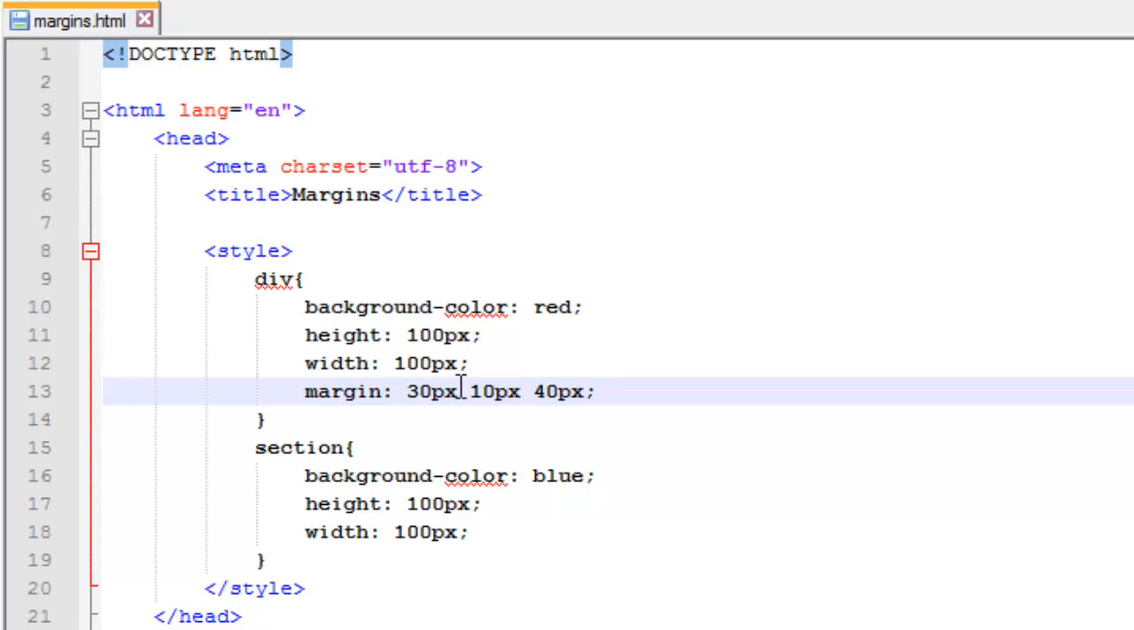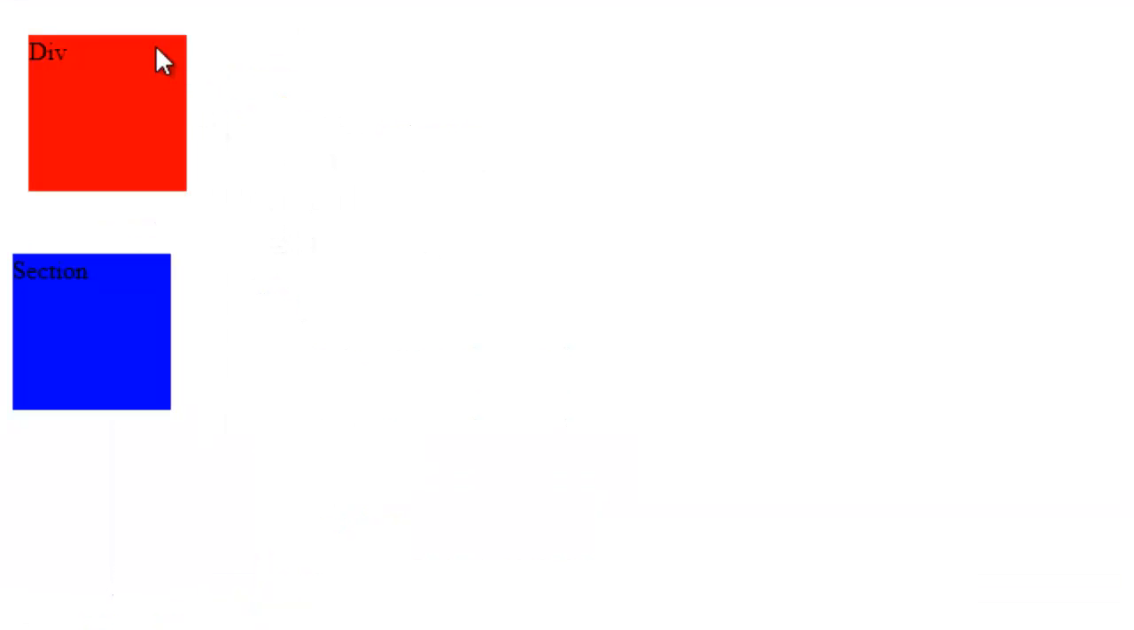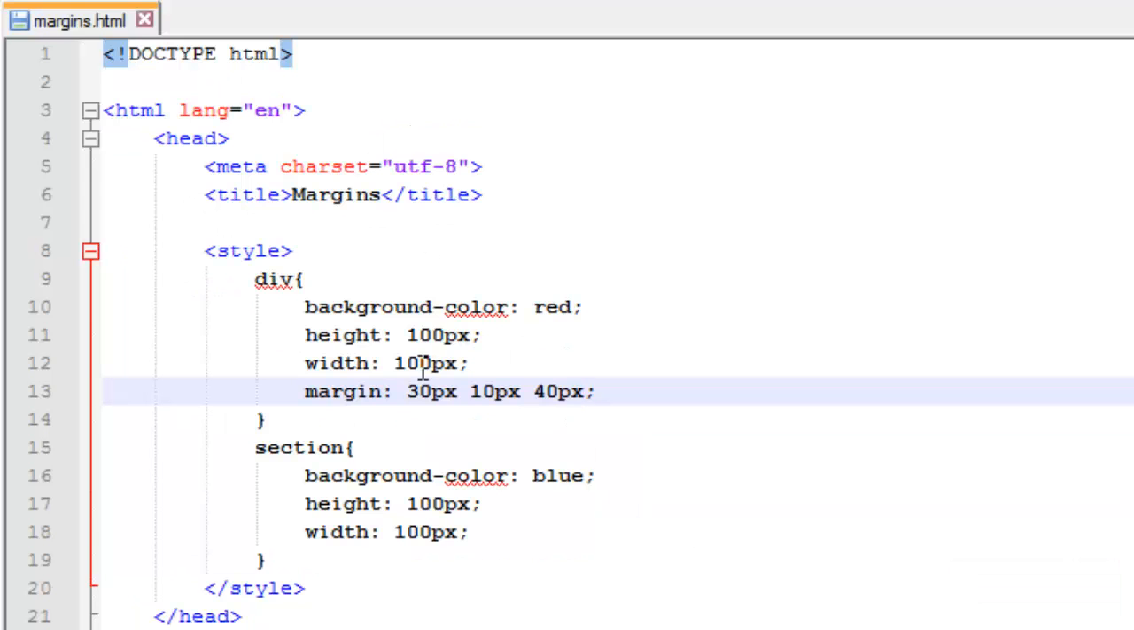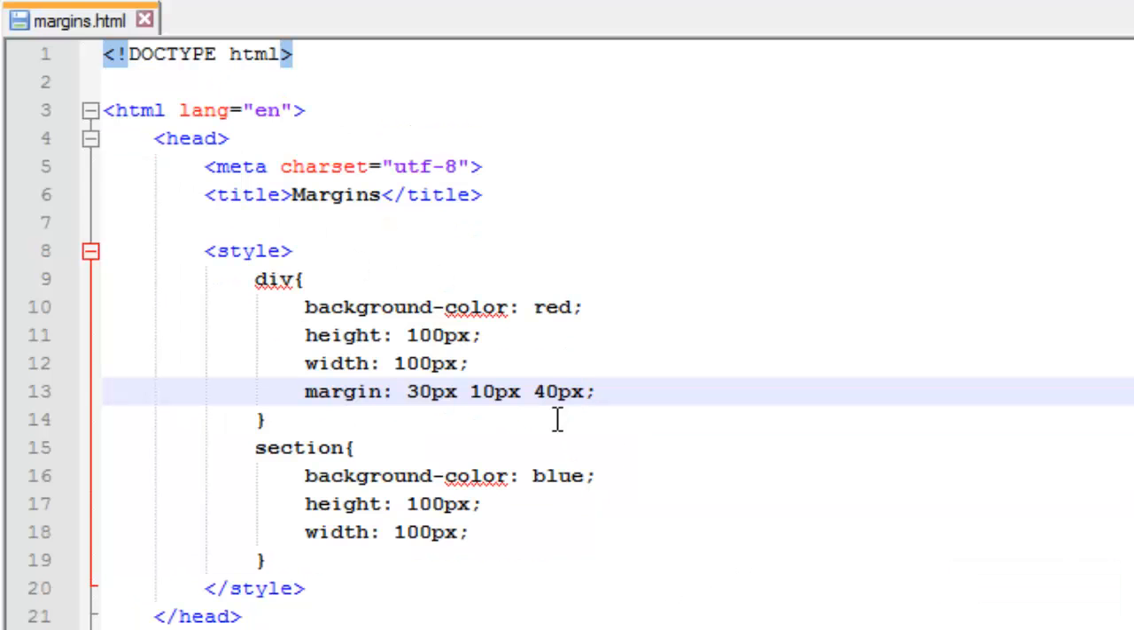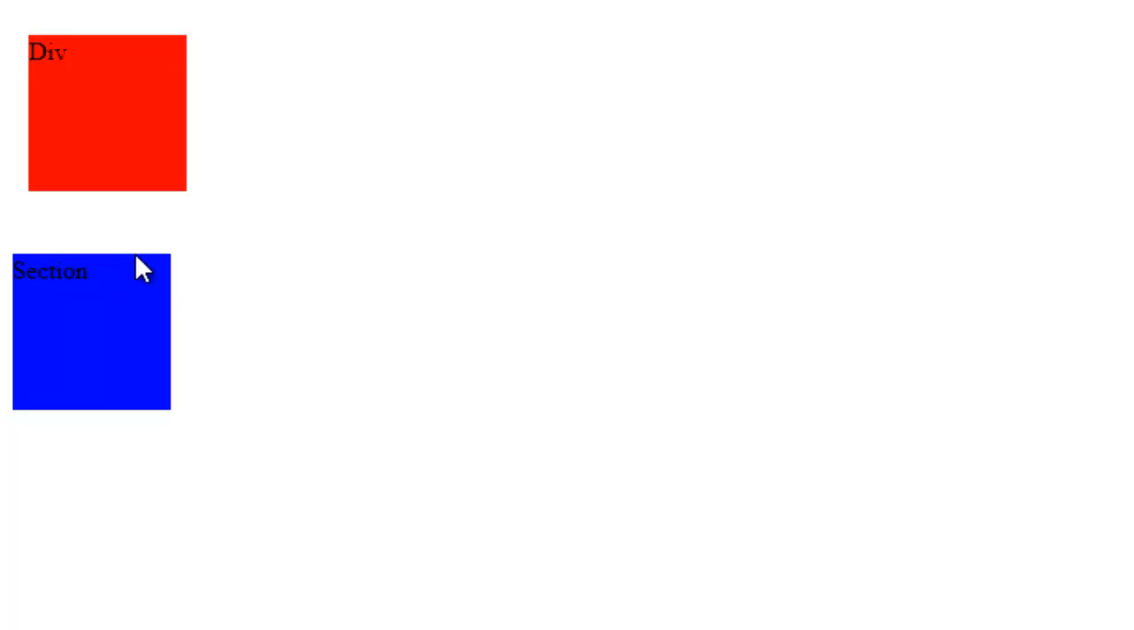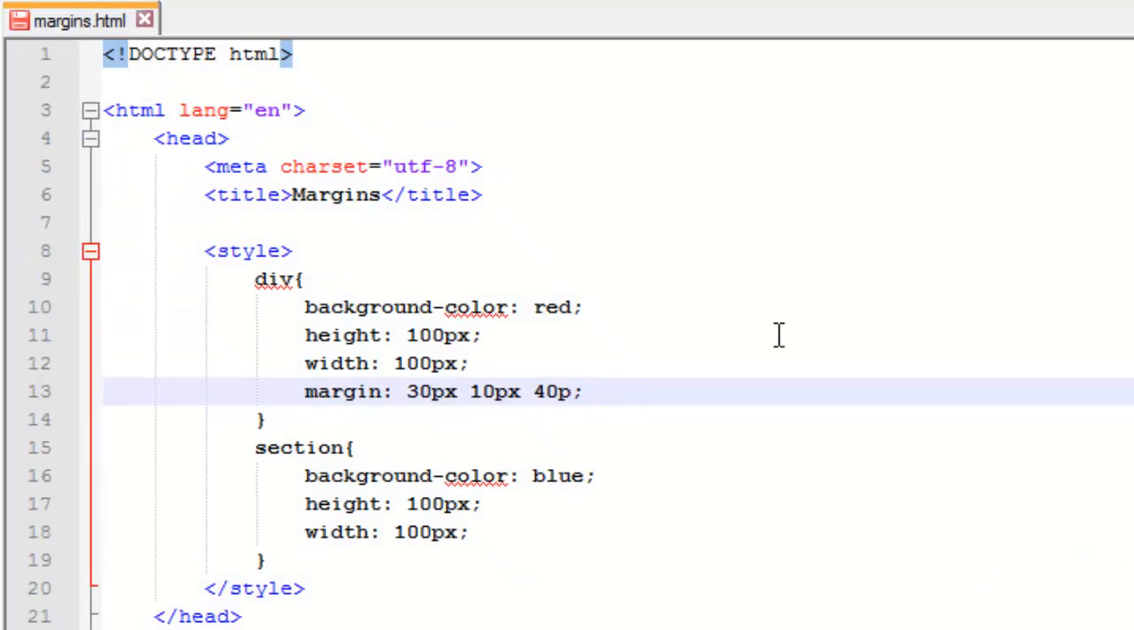We have right here 30 pixels, and that is the top. Alright, next we have the left and right is 10. Alright, and the bottom is 40. You can see it pushed it down 40 here. Alright, with just using the word margin, there's one more way to do it, and that's just to